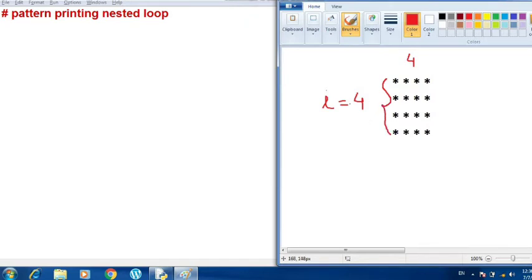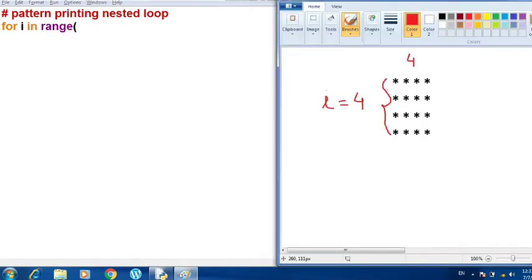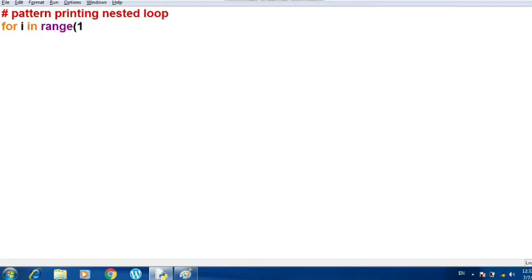So let me write the looping statement, and I am taking i as a loop variable and range as a function, where I am going to define that there are 4 rows in the loop starting from 1 to 4. So you can start from 0 to 4, or you have to write here 1, 5, as we know that the upper limit is excluded in Python. So to get the loop executed 4 times, I am writing here 1, 5.